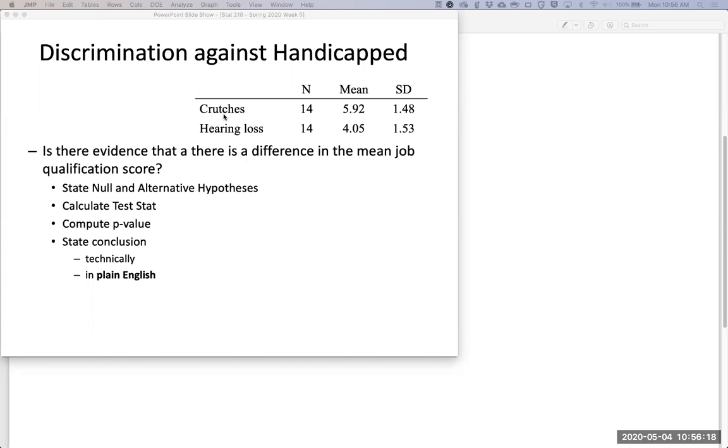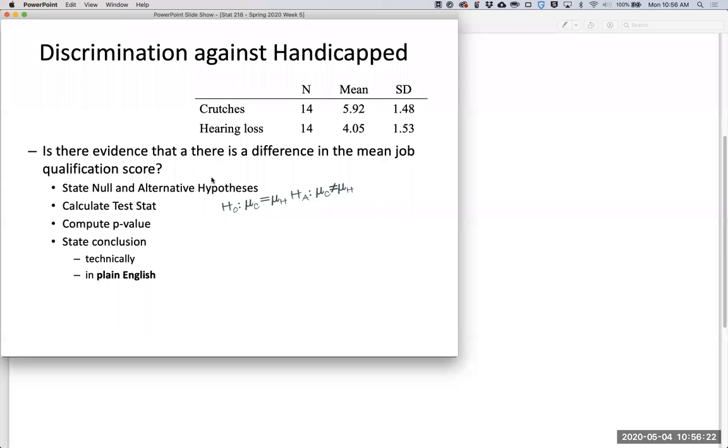My null hypothesis and alternative hypotheses, they're pretty straightforward. My null hypothesis is the crutch group and the hearing loss group have the same mean average job qualification score. The alternative hypothesis is the crutch group and the hearing loss group are different on average. My test statistic T, again, you could see these are built into the slides that are online already. My test statistic T is